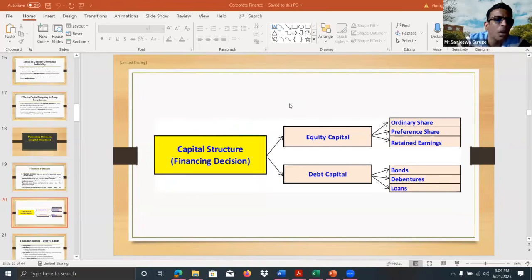Why is it important? One answer is given, one reason. Another point is there. When we consider this main point, someone has mentioned cheaper cost. That includes several important points. A number of answers were given: tax saving, tax shield, and tax benefit. That is also included in that answer, cheaper cost. And in addition to that, that answer includes one more point. Why is the cost of debt cheaper? One answer, okay, it's already there, tax saving.